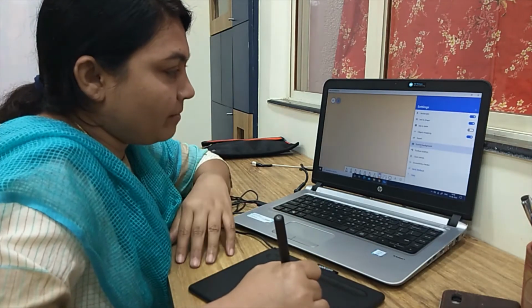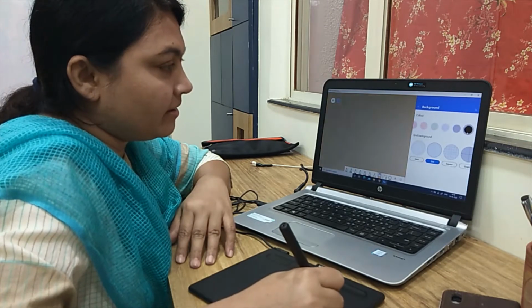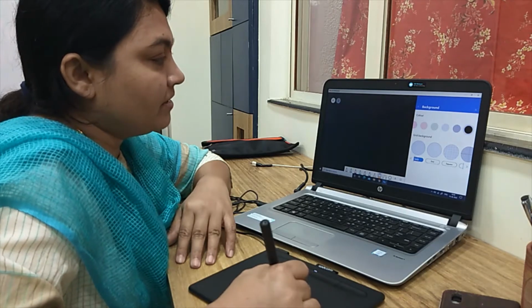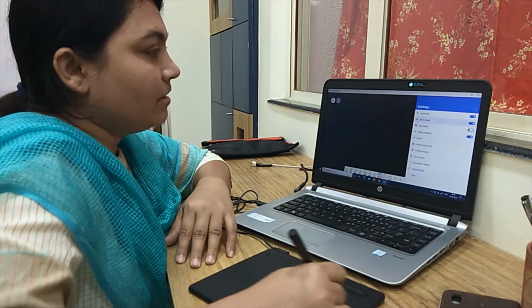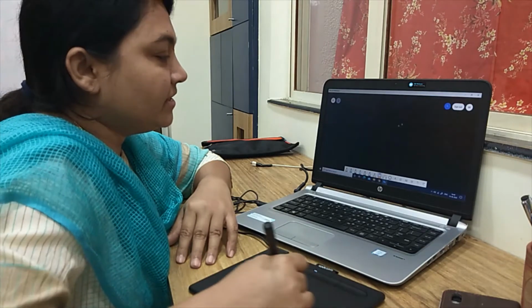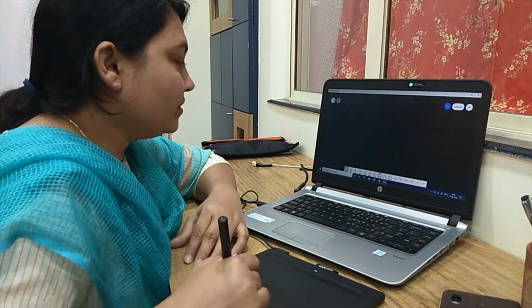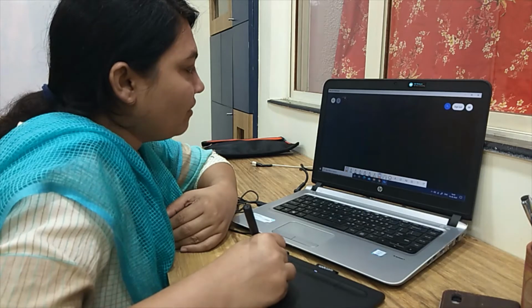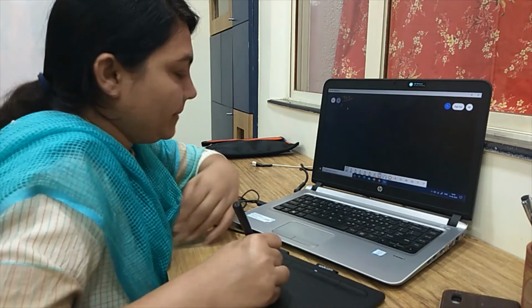So from here I am going to change the background to, let us say, black color. Black looks good, and I will select the solid grid background. Now I will close the settings, and here I am having different pens, so I will use one of them. Let us take yellow.